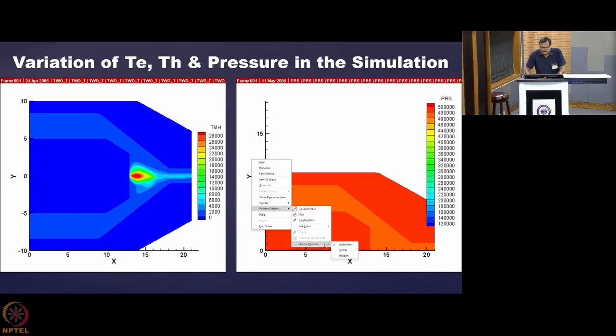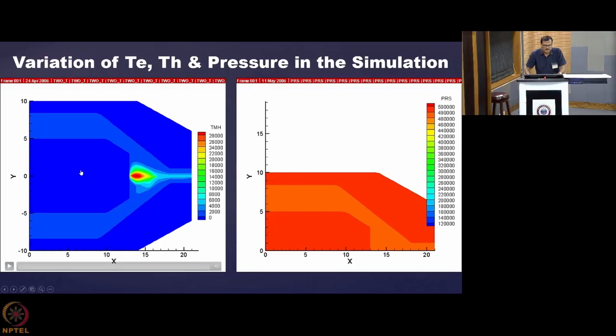Pointer option, I go here, arrow options visible. So, if I click here, you see the simulation that you have seen over there. With time, the iteration, this image is evolving. The lower half is the heavy species temperature and the upper half is the electron temperature distribution. Iteration after iteration, it has finally reached a state where the simulation is still progressing. You see here the bar is increasing, the iteration is moving, but